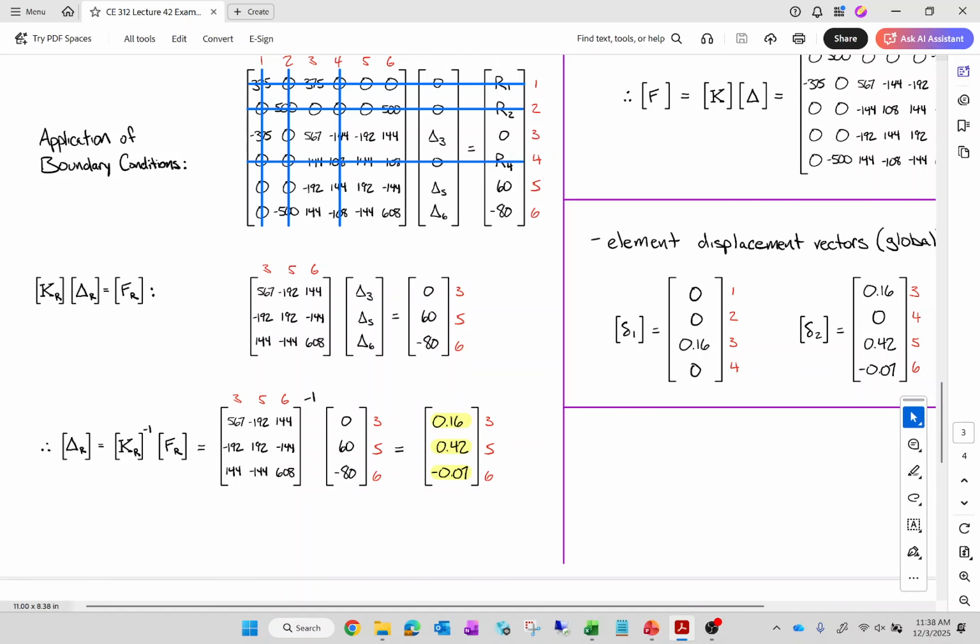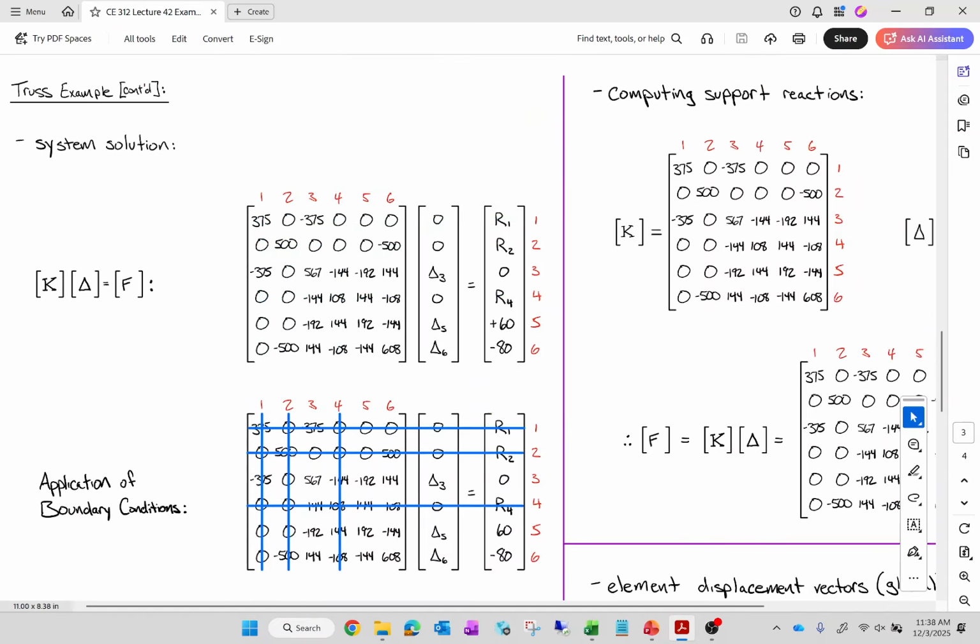So I propose that this displacement is 0.16 inches to the right. This displacement right here is 0.42 inches to the right. This displacement right here is 0.07 inches down. Done, right? It's that simple, okay? There's our displacement for the structure as a whole. The only thing we have left